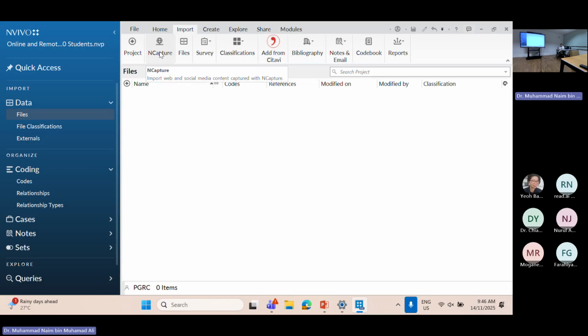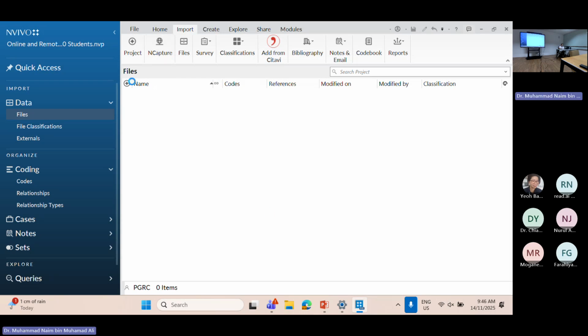We also did not sign up for the capture feature. Capture is a web capture, meaning it can be used with Google, and it will capture the website that you want. For example, sometimes you don't want to download research articles, so you can capture them from the web.